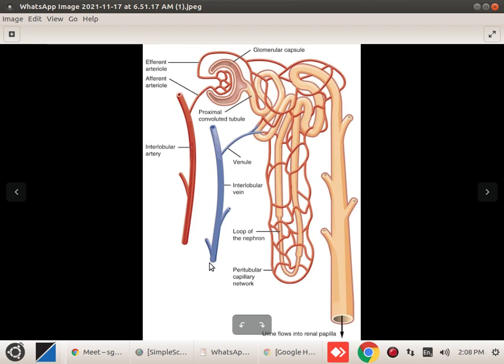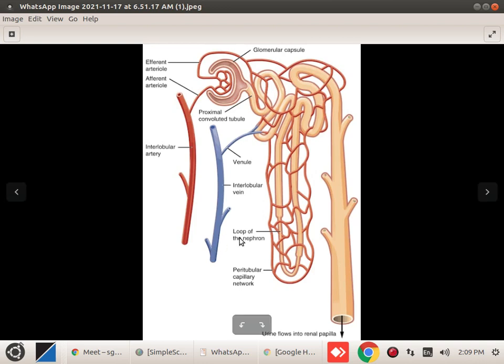It will go to the lungs, sorry, heart. It will go to the heart through the superior vena cava and the inferior vena cava. Because the kidney is located in the lower part of the body, it enters the heart through the inferior vena cava, and then the oxygenation of blood. Students generally get confused between oxygenation and filtration. Don't get confused, students. Oxygenation always takes place in the lungs through the heart, and filtration always takes place in the kidney.